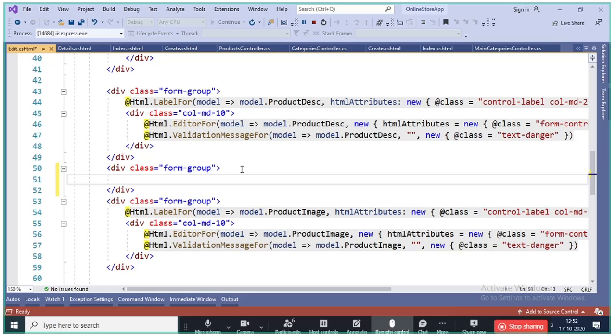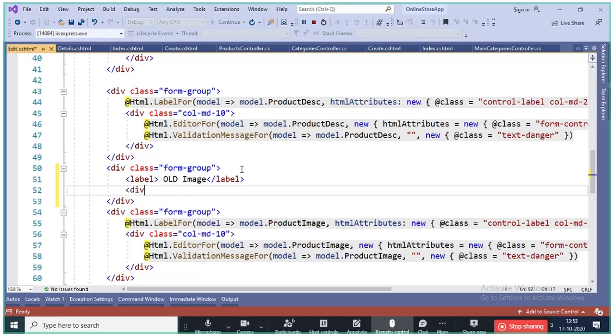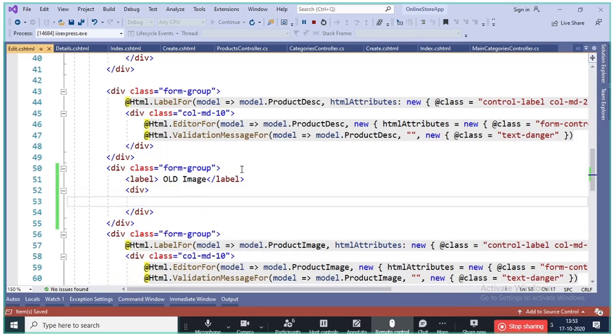And here we'll say something called label. We'll say old image. I'll say div. And the old image, so we'll paste this here, and we'll say model here,